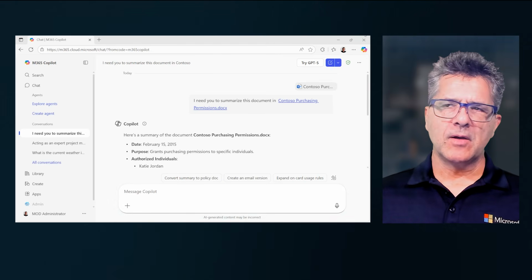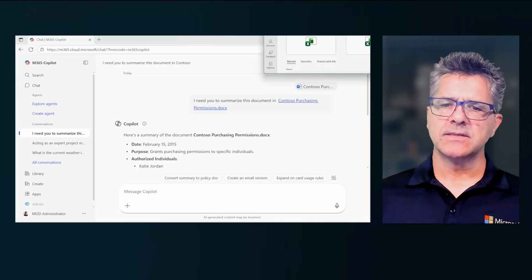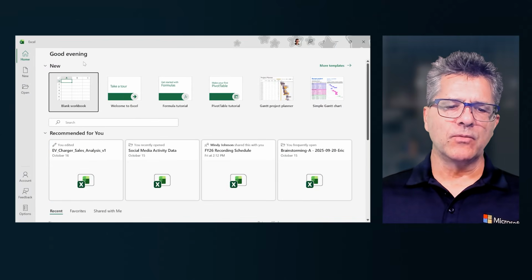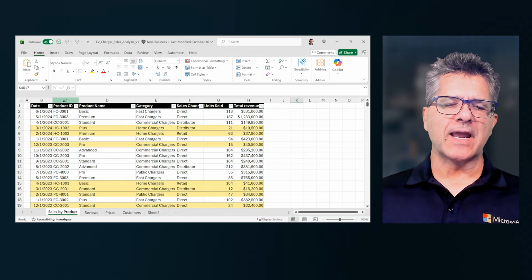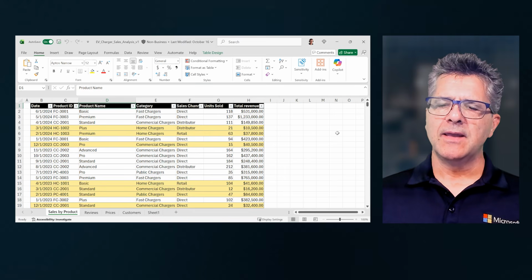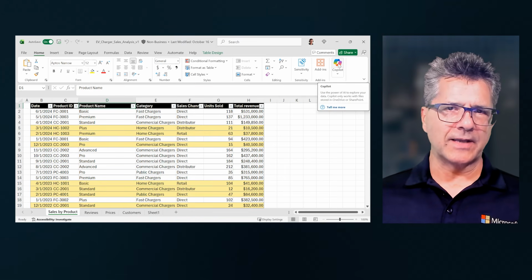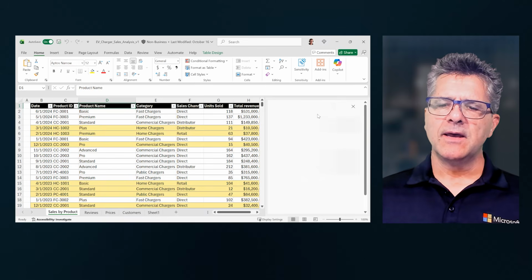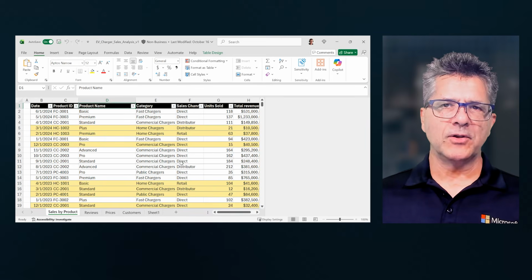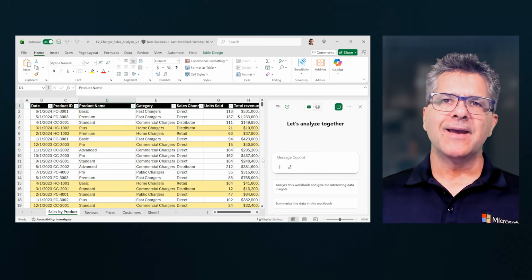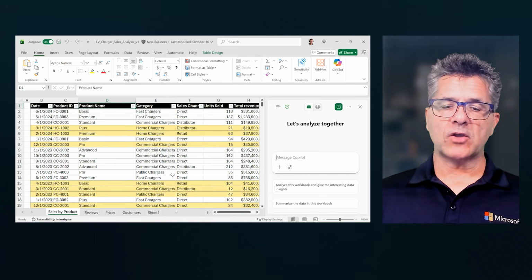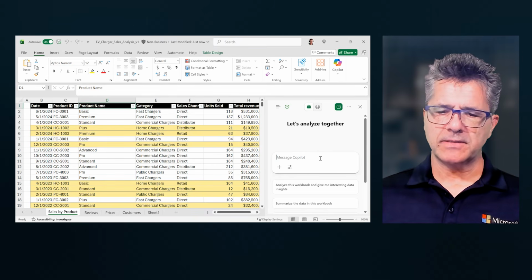I'm going to open up my Excel, and here it is. I have my Excel spreadsheet, and with that, I have this EV sales. Notice that I have my dates, I have my products, product names, my categories, my sales, and up here on the top, I have Copilot Chat. When I click on Copilot Chat, the interface will open, and now I can have a conversation with my open document. So let's say, for example, I want to find out which one of my products has the highest revenue. Well, the document is open. Copilot is able to talk to it. So let's ask,